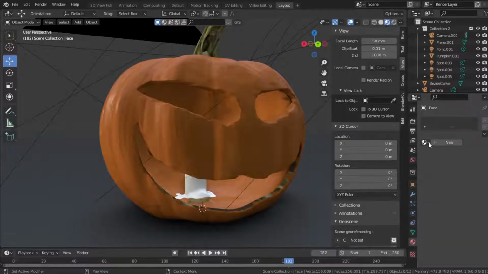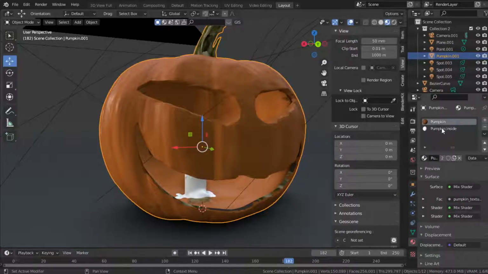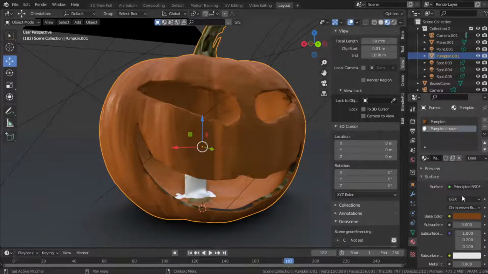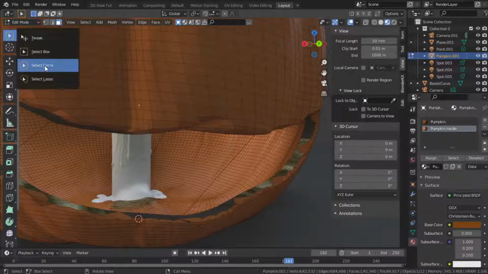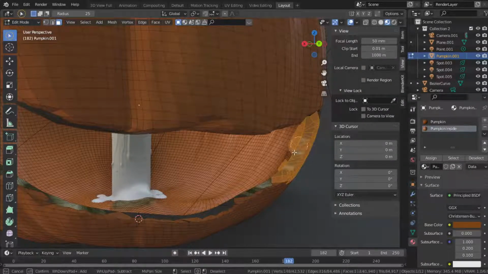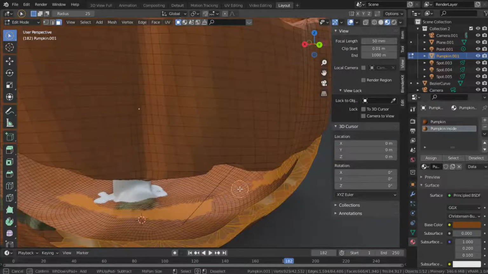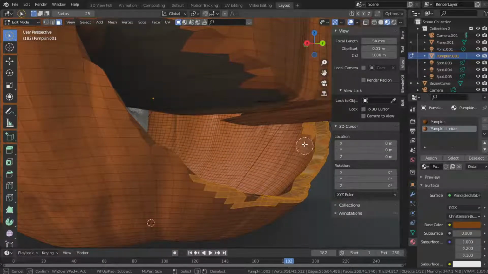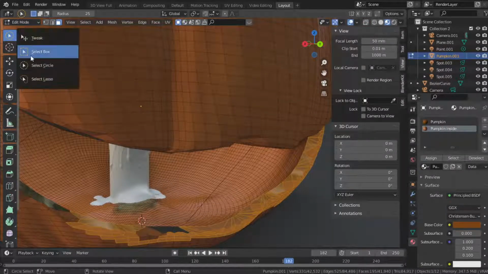Oh, no, wait, that's right. I forgot we were going to fix these textures. Just go ahead and pick a color. That should be good. And just wherever we see a mismatched texture, grab it like so. Not on the inside. Don't want to mess up the nice textures. Just gonna grab it and